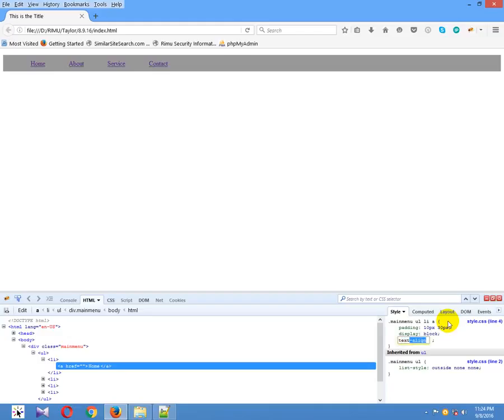text-transform uppercase, text-decoration none, color red, green, like green, background white,